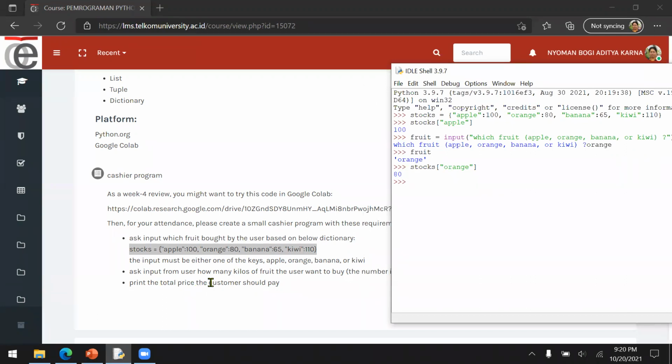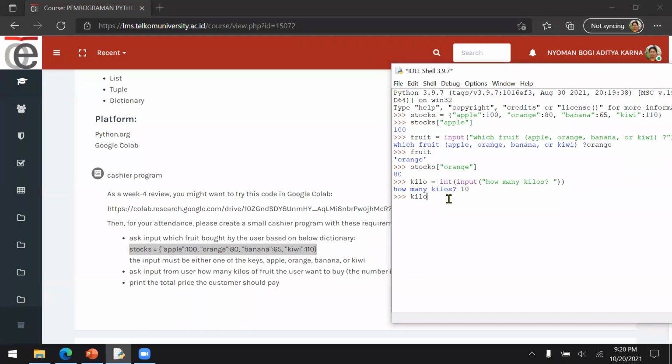Now, ask the input from the user how many kilos he or she wants to buy. Okay, so kilo, integer input, and then how many kilos. Then let's say the customer wants to buy 10 kilos.